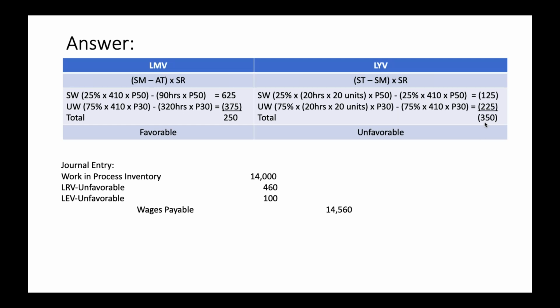Okay, why is it unfavorable? This is the actual hours, and 25% of 410 is 102.5, while 25% of the 400 is only 100. So in the actual number of hours,